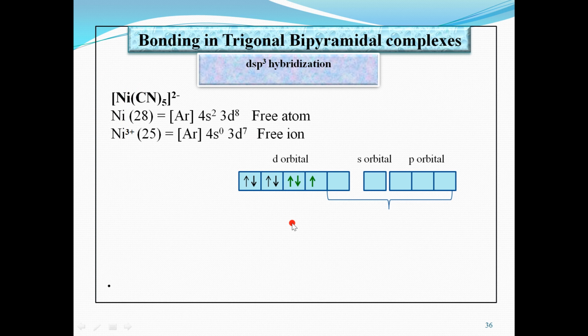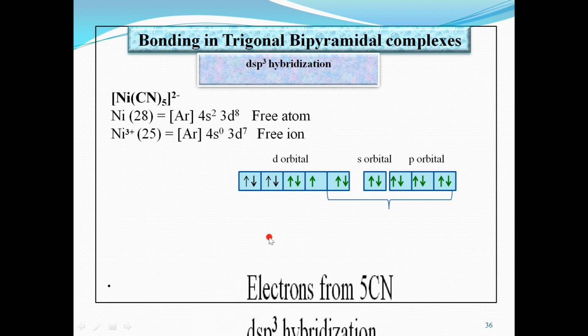And now these electrons pair up in the previous d orbitals, and make one d orbital vacant for the occupation of the electrons of cyanide in this case. So there are 5 pairs of cyanide that can be filled into one d orbital, 1 pair into the 4s orbital, and the 4p orbitals having 3 pairs. So in this way there are 1, 2, 3, 4 and 5 electron pairs of cyanide filled into these orbitals, and it undergoes